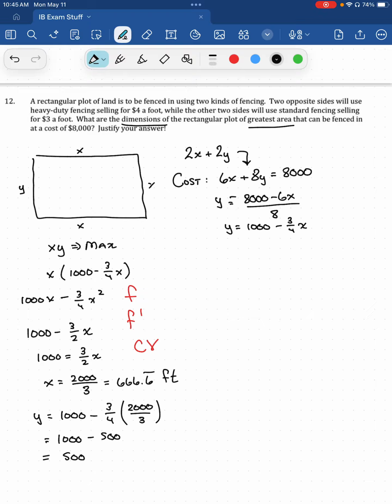So my dimensions are simply 2,000 over 3 feet by 500 feet. And to justify, we're going to take the second derivative. My second derivative is just -3/2, which is always less than 0, which is concave down, meaning we have found a maximum, which is what we wanted. So the answer to my question is